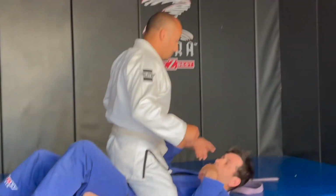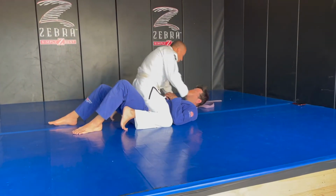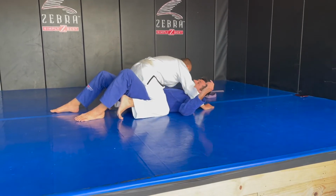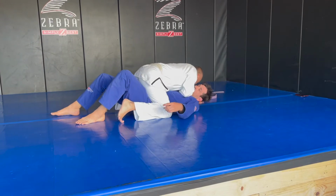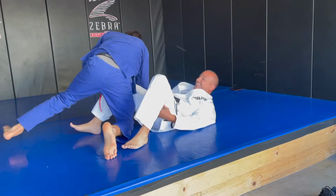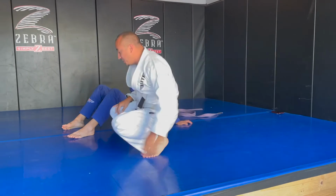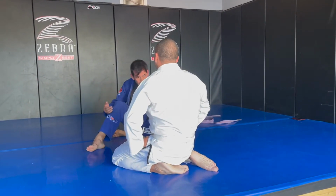Try to keep me down. How would you try to keep me down? Do however you want. Go. Just keep me down, then let me go. 3, 2, 1, go. That wasn't even a strip, that was just a sweep. But it's all about being able to move your hips and about leverage. So right now what you did,